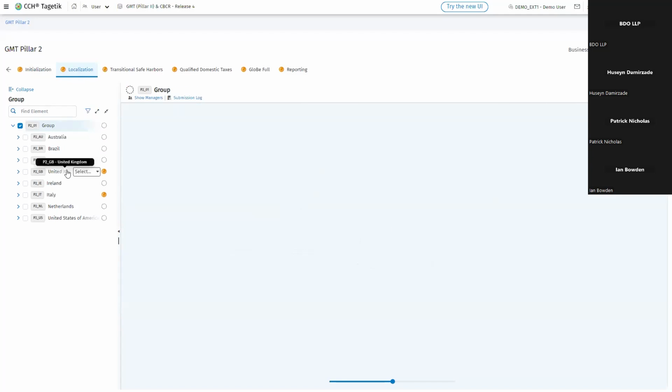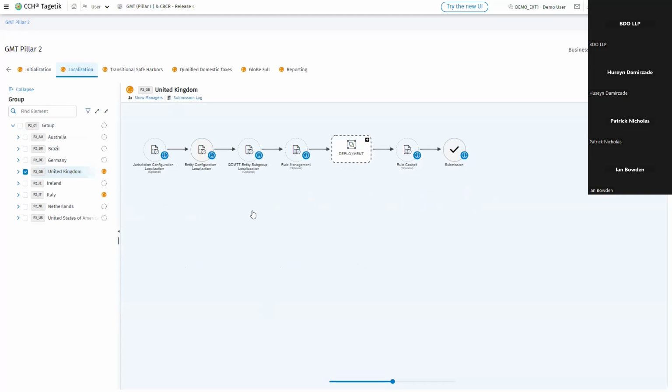As we know, there is a localization need. Certain jurisdictions that have a deviation from the OECD requirements will need to run a QDMTT. We now have a roadmap for the certain jurisdictions that are going to be covered within our prepackaged solution. This prepackaged solution is developed by the product team of CCH Tagetik, and the product team updates it. So there is a quarterly update of this prepackaged solution that allows us to capture all the changes with respect to data points in the OECD market, as well as provide the out-of-box approach for calculating certain jurisdictions and have them as part of